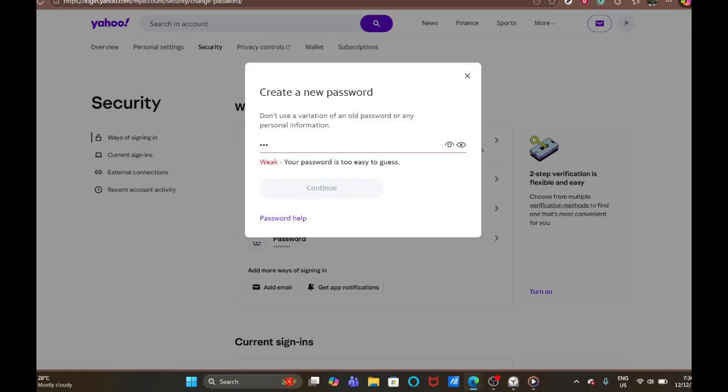After you select Change Password, a window will pop up where you can create a new one. This is the most important part, so take a moment to make a strong, memorable password. Aim for a combination of upper and lowercase letters, numbers, and symbols. Avoid personal details that are easy to guess, like birthdays or pet names. A good tip is to use a short passphrase with a mix of characters, something you can remember but others